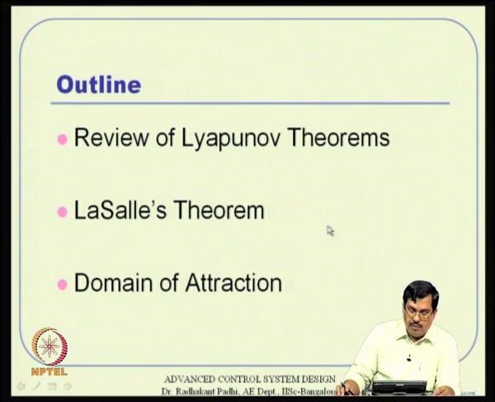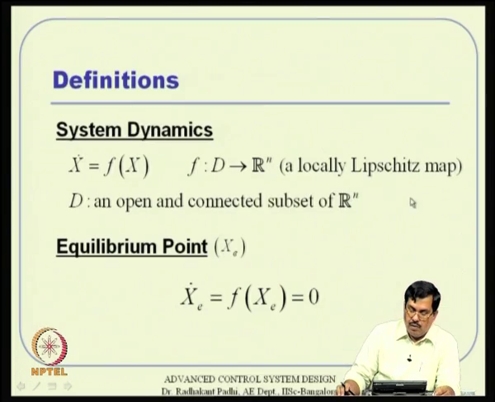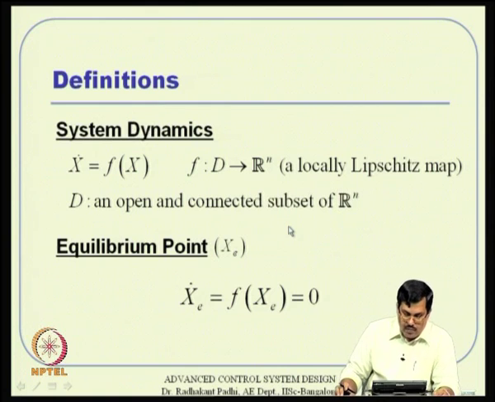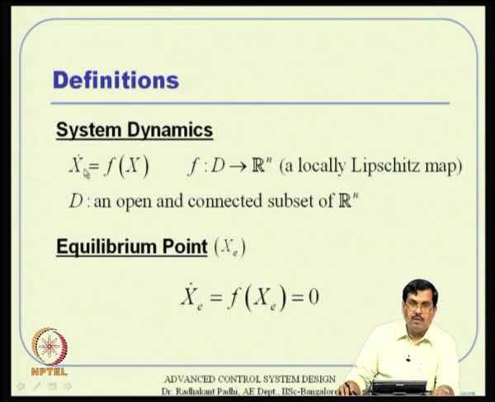So, let us proceed with that quick review of Lyapunov theorems and some concepts that we discussed in the previous two classes. First, what we discussed is that the system dynamics is in homogeneous form, and this is also an autonomous form. In other words, explicitly time does not appear in the function, and control also does not appear in the function. However, if the control is in a state feedback form, then this homogeneous form also applies for the closed loop system dynamics. Then we are interested in this open and connected subset D of Rn,